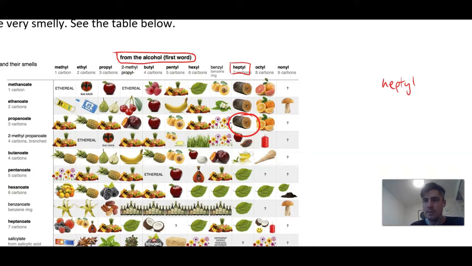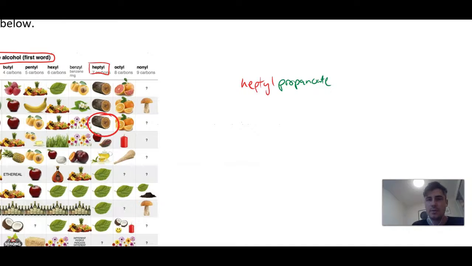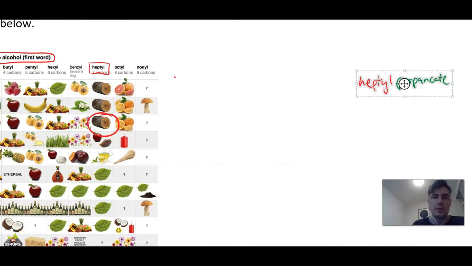Heptyl, and then propanoate. And that would have been produced by the alcohol heptanol. So if I just move this over to the right a sec. Heptanol, heptan-1-ol,